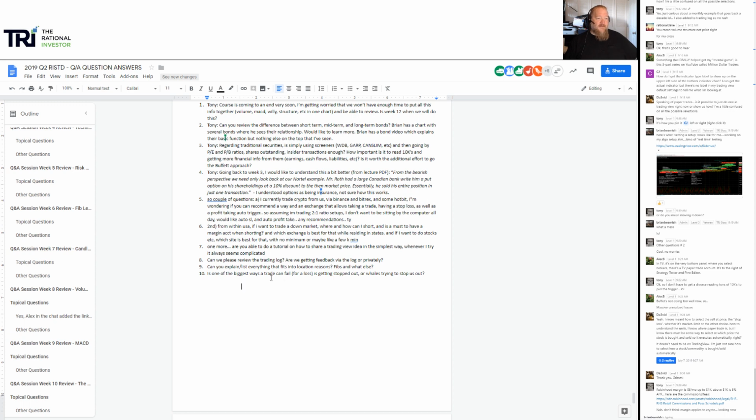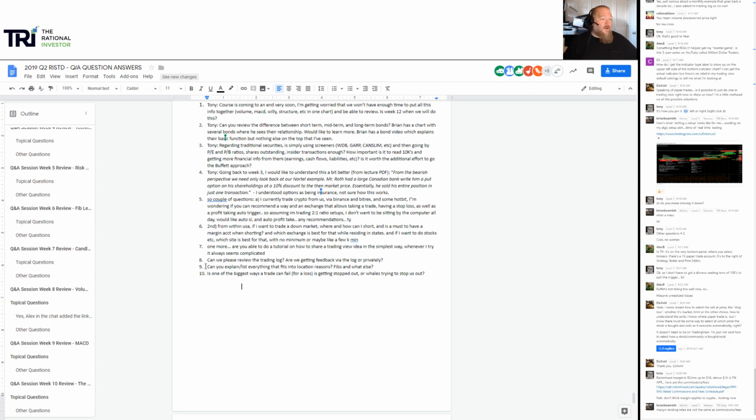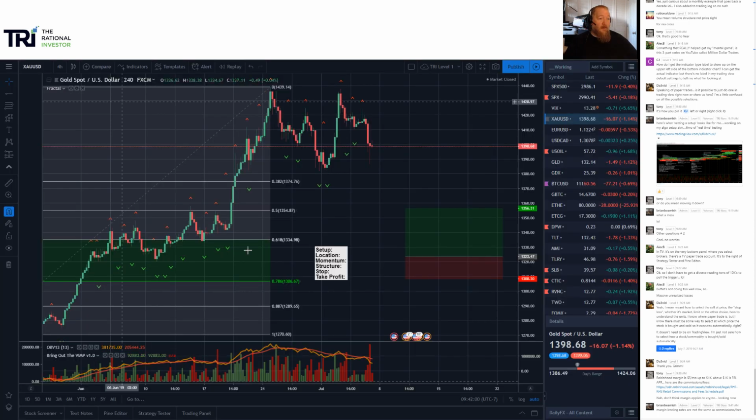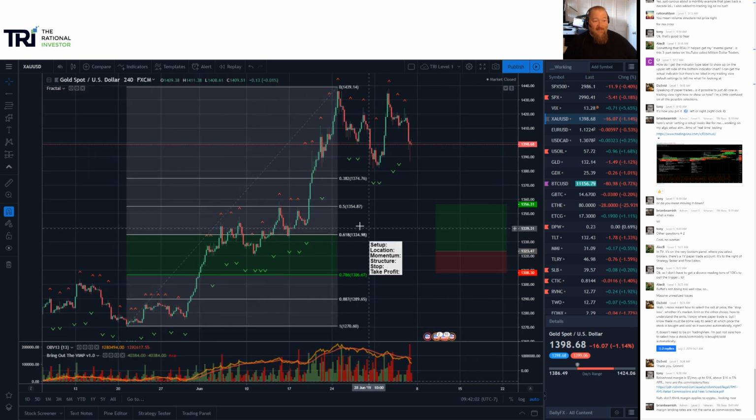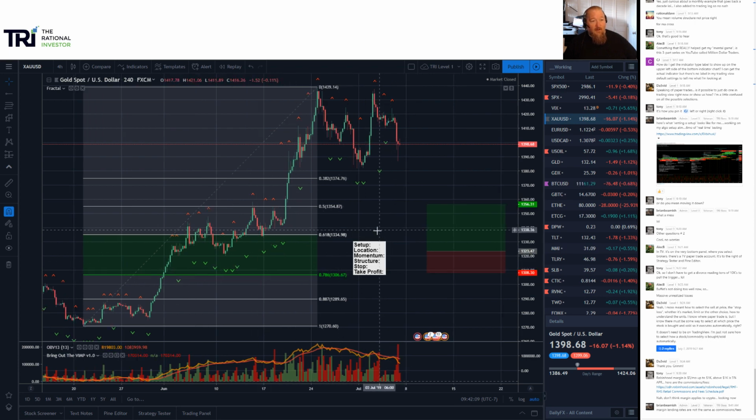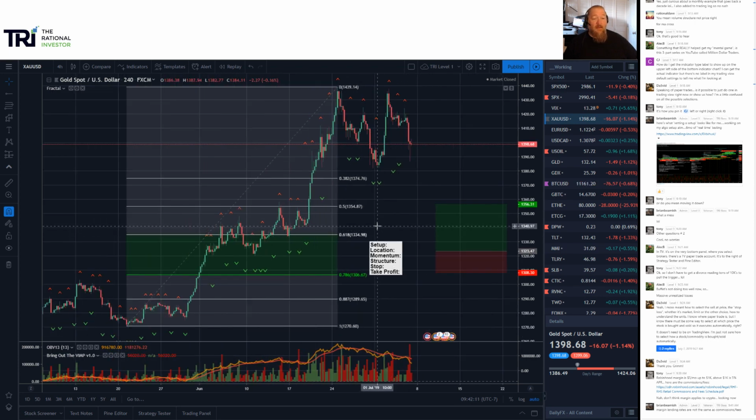Can you explain, list everything that fits into location reasons? No. So there's a lot of things that you learn about for location that aren't part of level 1. For now, with level 1, when we're talking about location, we're talking about our fib retracements. Okay? For the purpose of this class, when we're talking about location, what we're talking about are fib retracements. There are things like the bot setup, which uses non-fib numbers, but